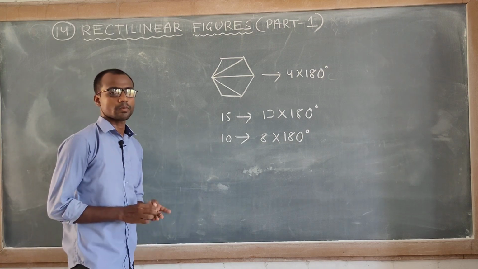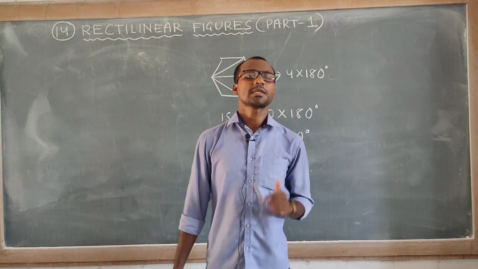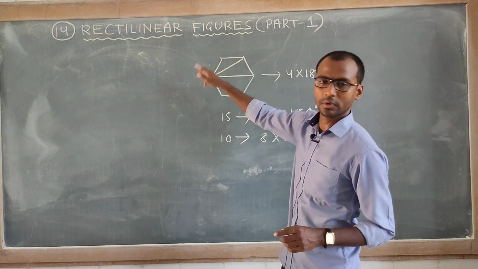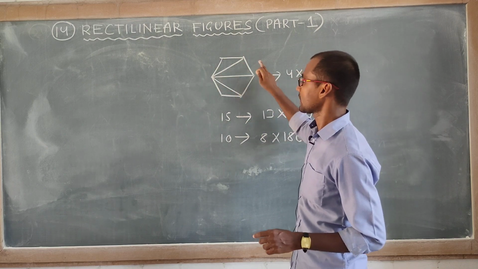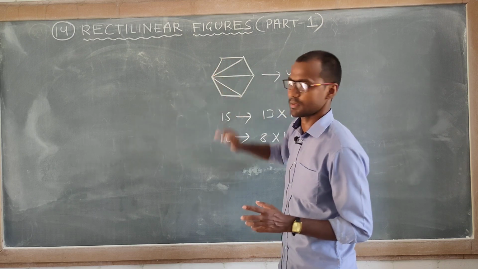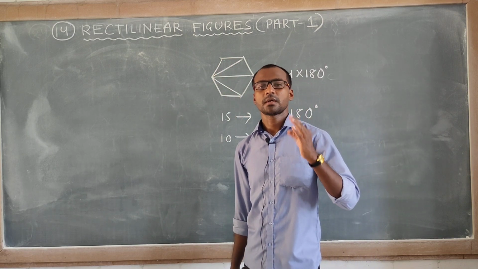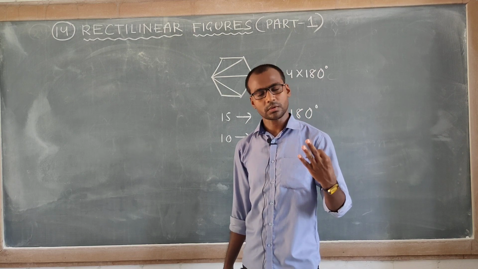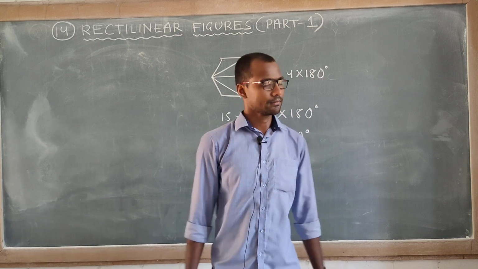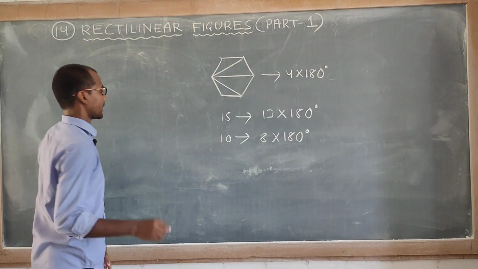If the number of sides of a polygon is n, see here there are 6 sides, there are 6 angles, 1, 2, 3, 4, 5, 6. 5 sides, 5 angles, 4 sides, 4 angles, 3 sides, 3 angles. If a polygon has 15 sides, it will have 15 angles. Ready? So remember, if a polygon has n sides,